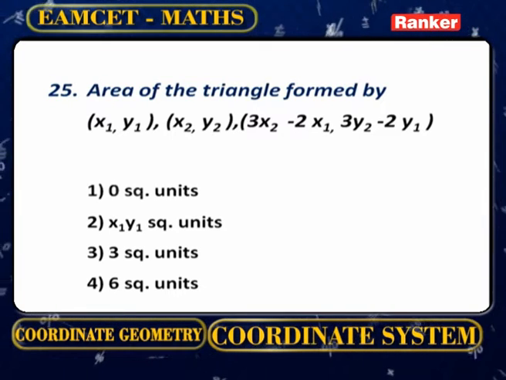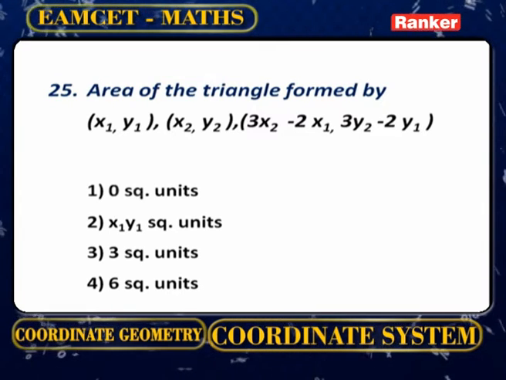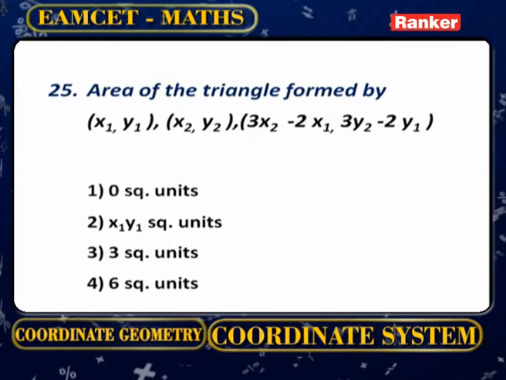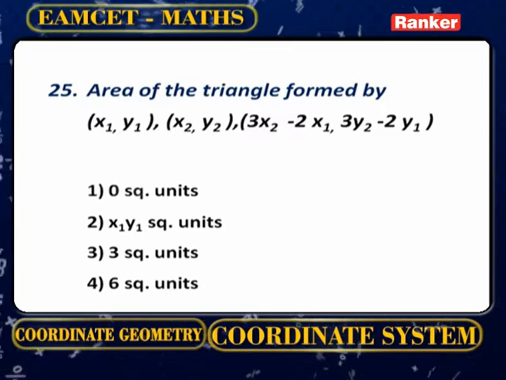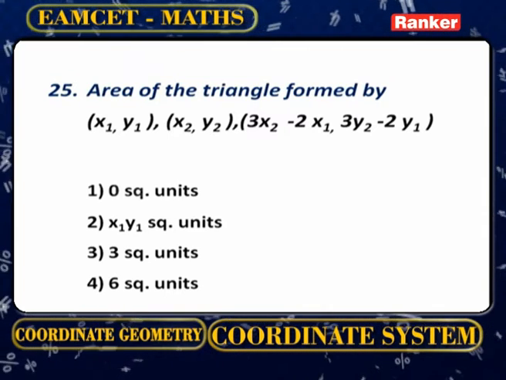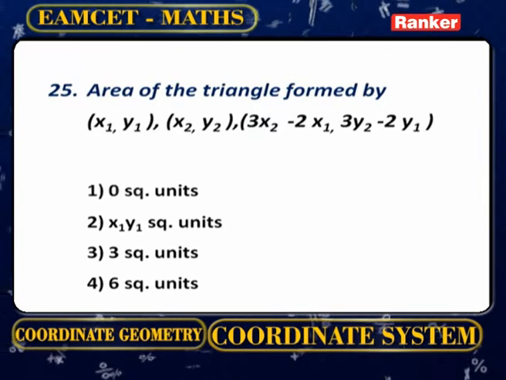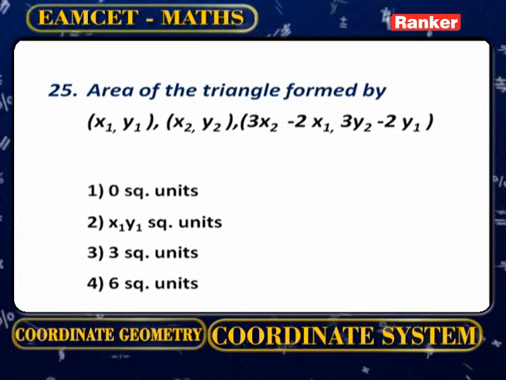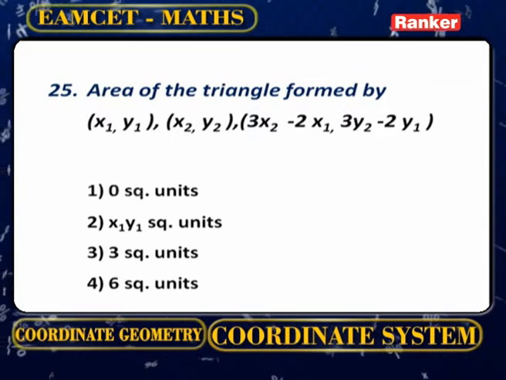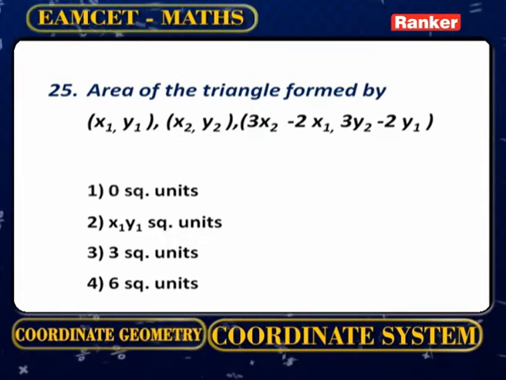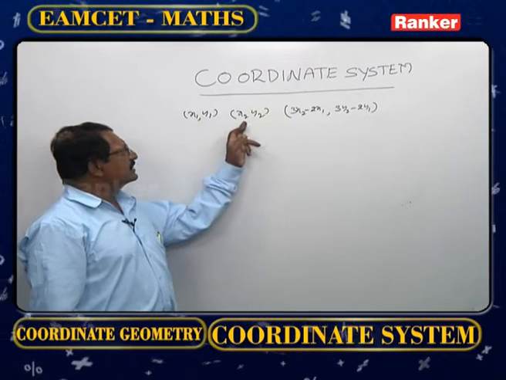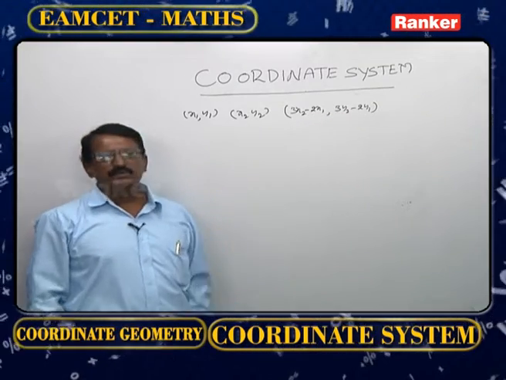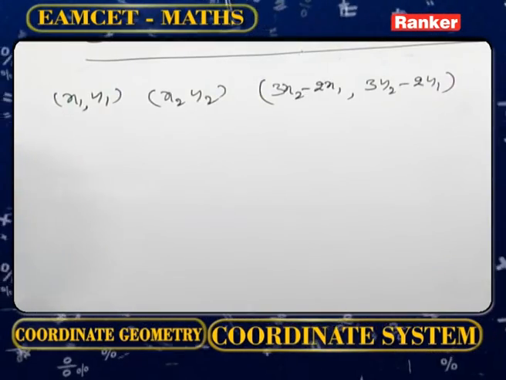The area of the triangle formed by x1 y1, x2 y2, 3x2 minus 2x1, 3y2 minus 2y1. Required area of the triangle formed by the points x1 y1, x2 y2, 3x2 minus 2x1, 3y2 minus 2y1. Now, the third point